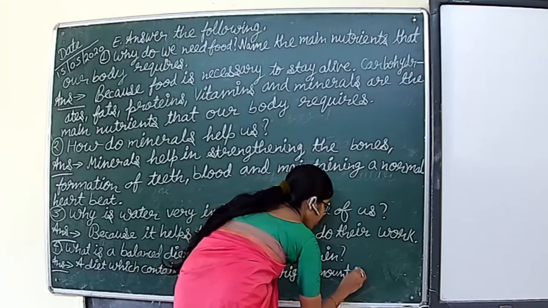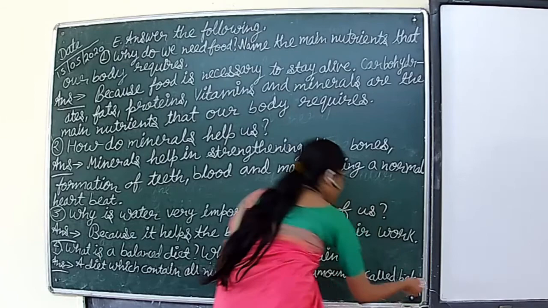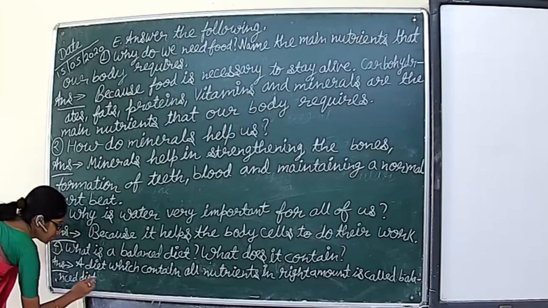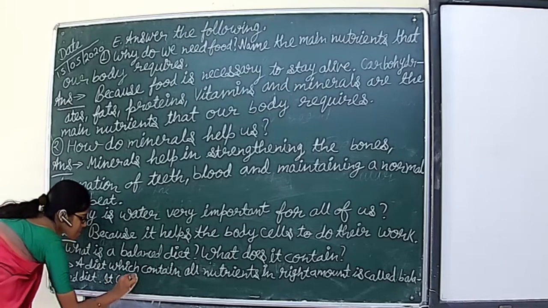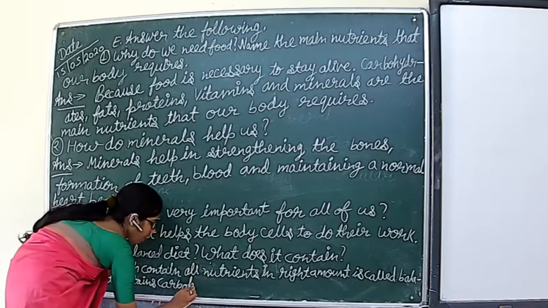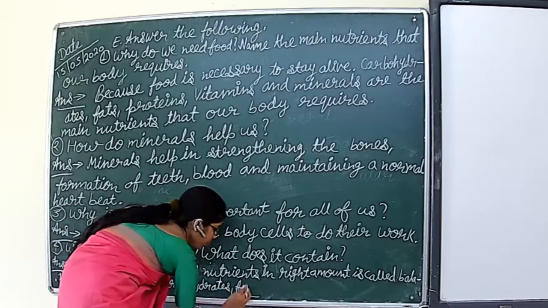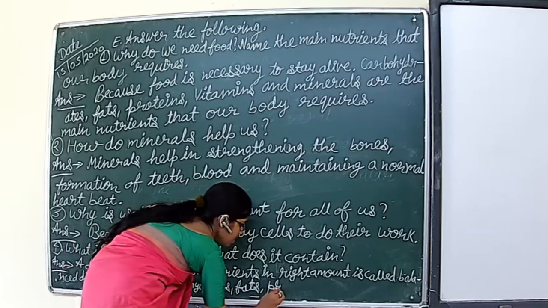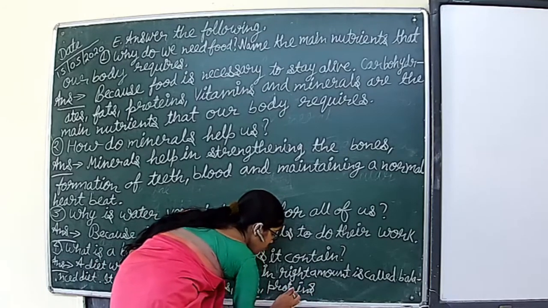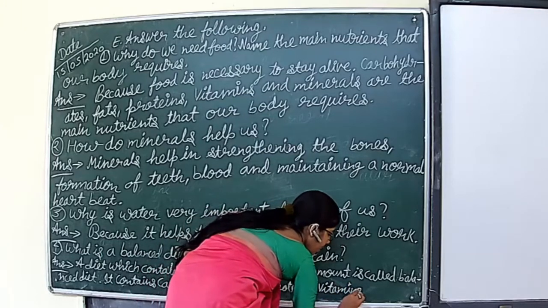It is called a balanced diet. It contains carbohydrates, fat, protein, vitamins, and minerals,